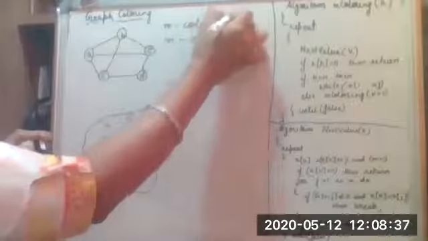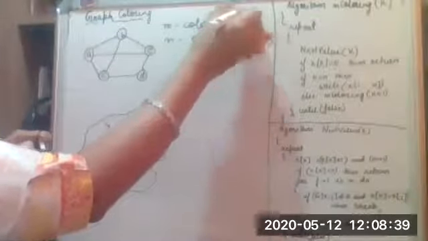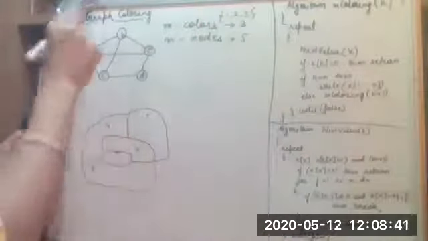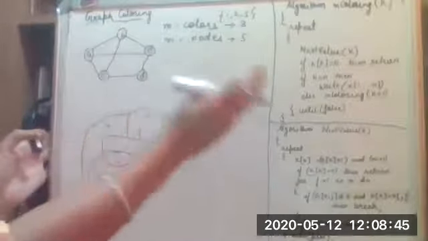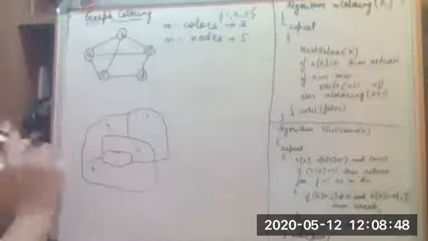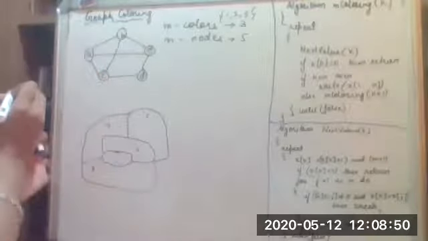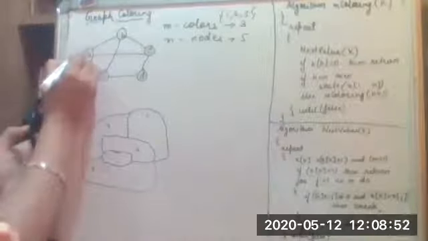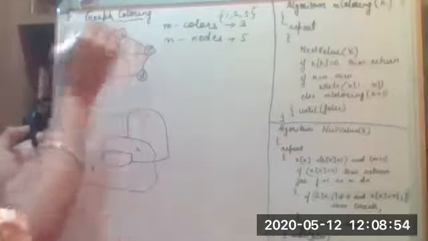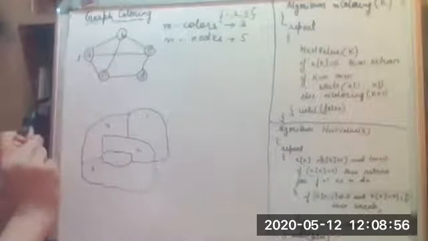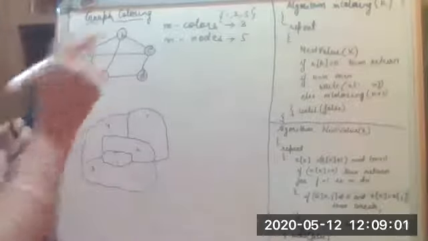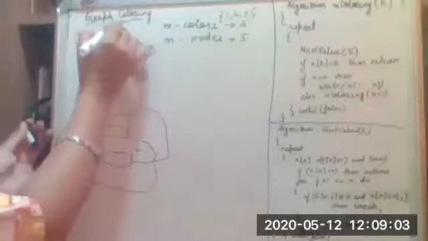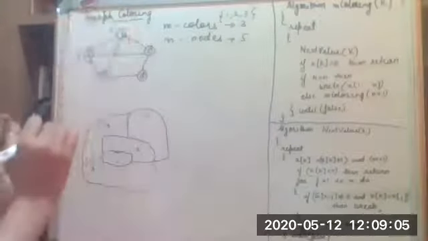Let's say for this problem, the number of nodes that we have is 5 and m is equal to 3. So we denote these colors as 1, 2 and 3. So in this case, let's quickly see what it is doing and then move on to the application and the algorithm for this. So let's say the node A gets the first color. So that means if now we have to color the node B, we cannot color as 1. We can either give as 2 or 3. So let's say we have given the color as 2.